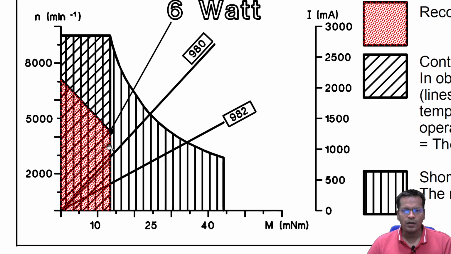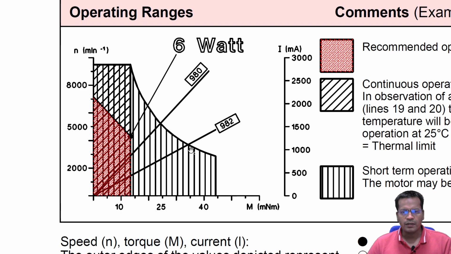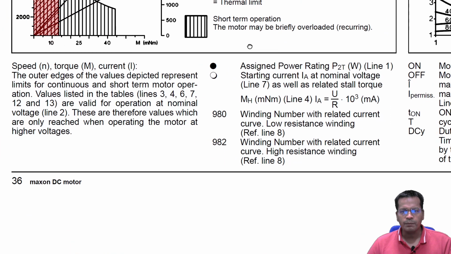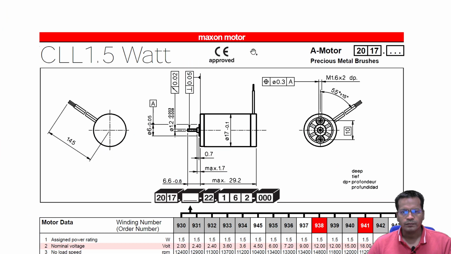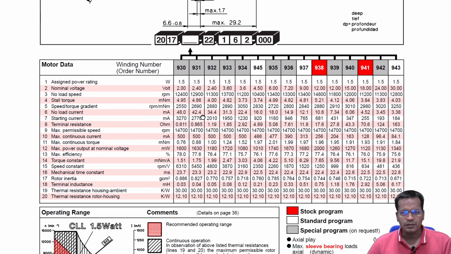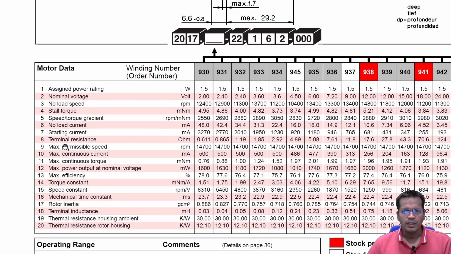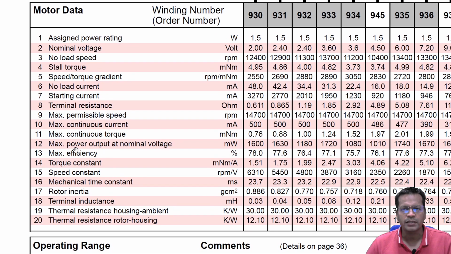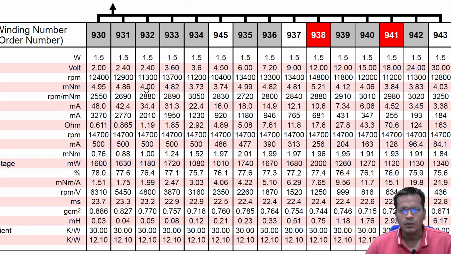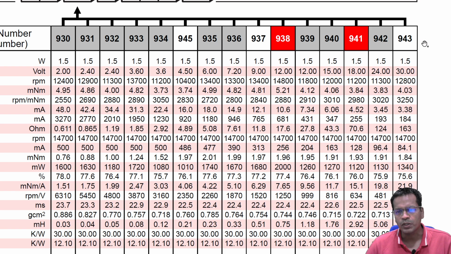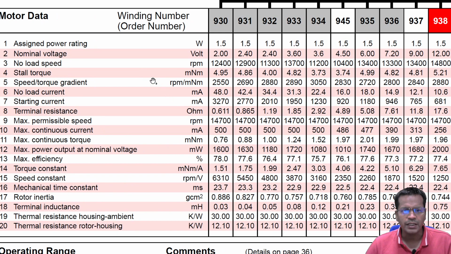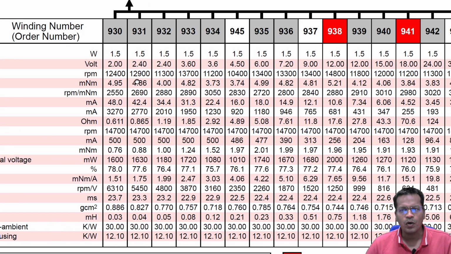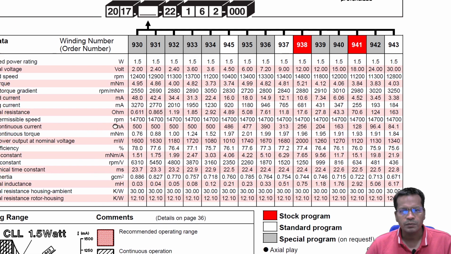Okay, so this is how it looks for different motors. This is for a 6-watt motor. So this is the curve which was there. I'll come a little more ahead now. Let us say it is one of these motors. Maxon is one of the manufacturers who gives you a lot of detail in the data sheet. So these are different makes of similar motors, maybe different models of a particular motor series. So what all things does it say? Assigned power rating in watts. So different wattage is mentioned.